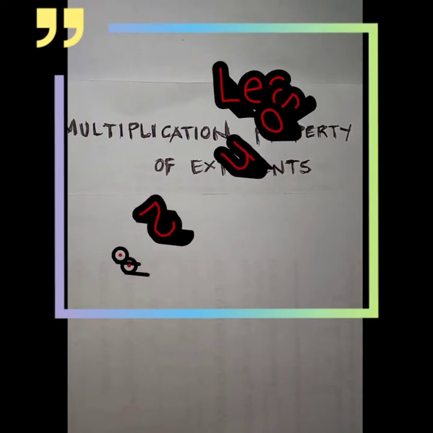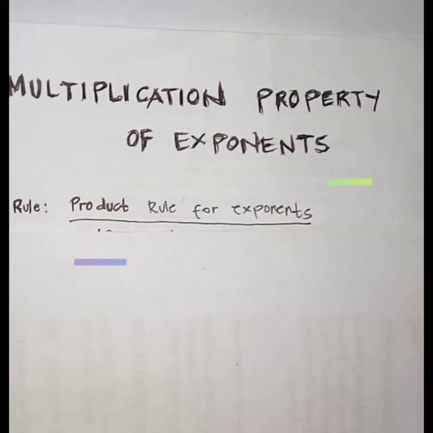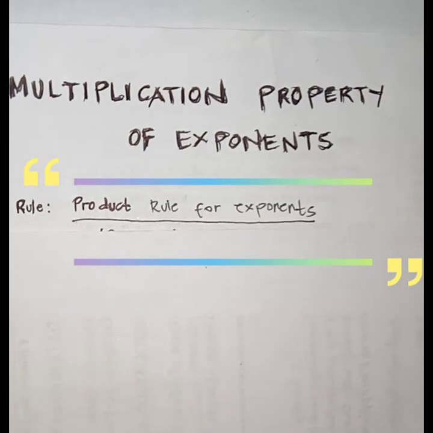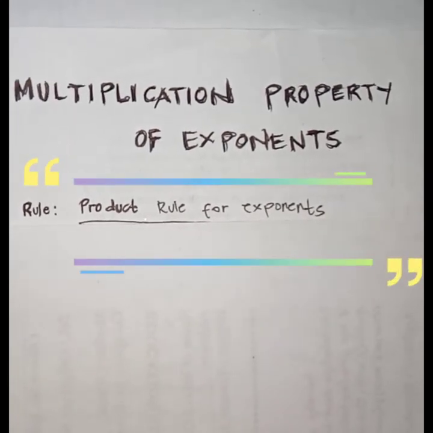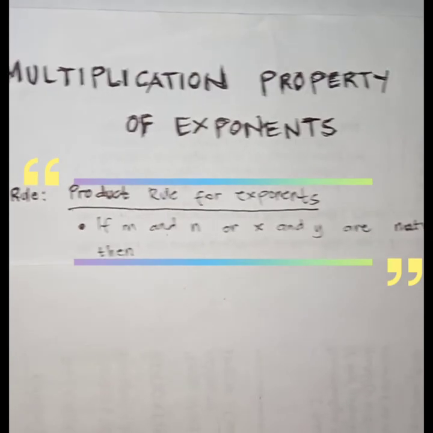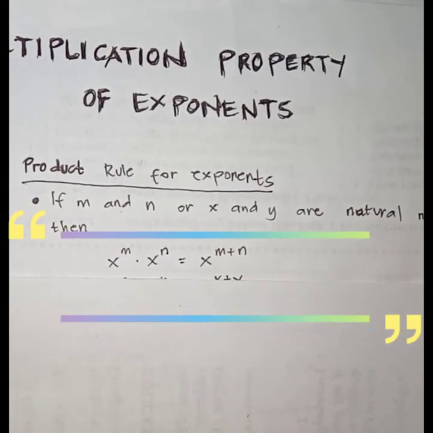Let's welcome Lesson 2, which is the multiplication property of exponents. Before we get into the content of the topic, we must first understand the rule, which is the product rule for exponents. Now, if m and n or x and y are natural numbers, then